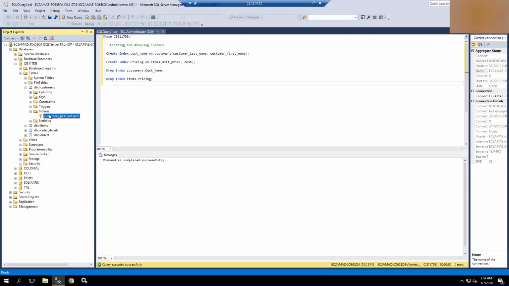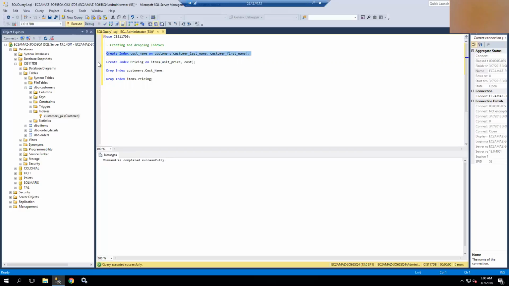Okay, so you can use the create index command, and you give the index a name. You list the name of the table the index is being created on, and in parentheses behind the table name, you list the column or multiple columns the index is being created on. So in this case, I've listed a couple of commands here. My first one is create index customer name on customers, and then in parentheses, customer last name, customer first name. So if I go ahead and run that